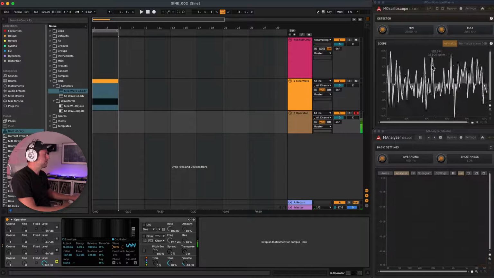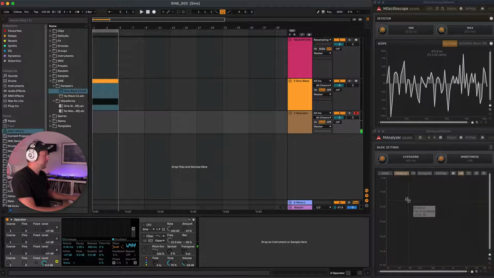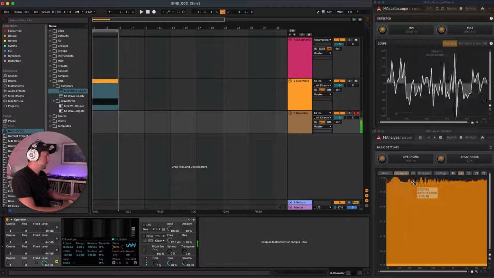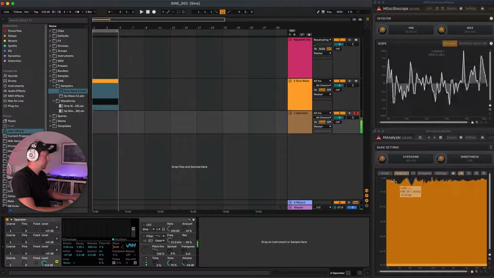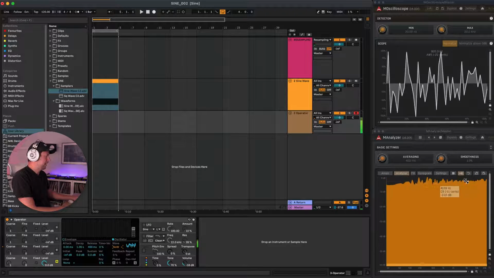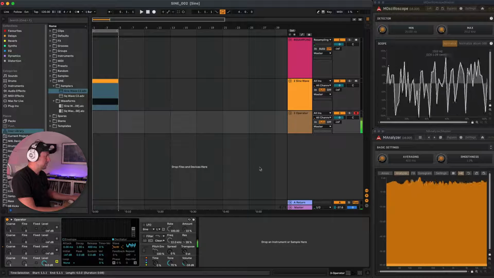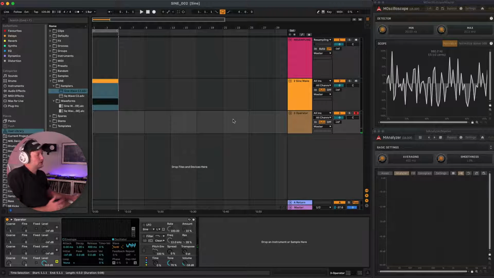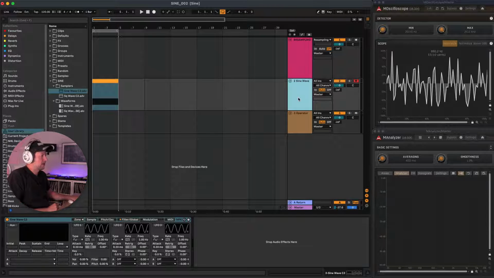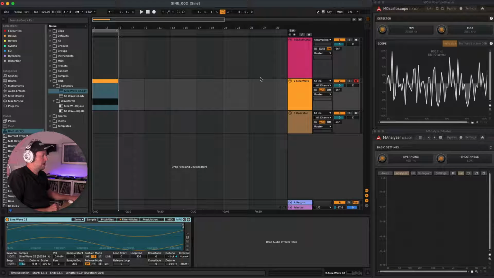So it's atonal, doesn't have a distinctive tone. And if we look in the analyzer, we can see across the spectrum it's completely equal, albeit at random, and it's equal intensity across all the frequencies. So to do that, we need to take our sine wave, have it playing at random across all the frequencies in the spectrum, and we should be able to start to approximate something like white noise. So we'll keep Operator there so we can reference back to see how we're getting on. But essentially what I'm going to be doing now is taking our sine wave tone,